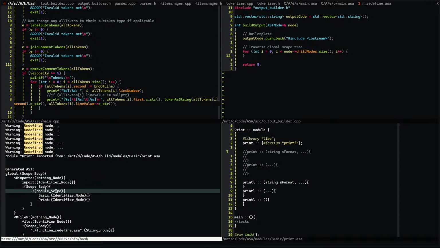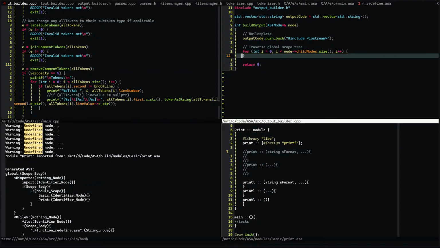Well, it's fine. Start working on the output again. Let's have a switch case, I guess, for the type. Or,